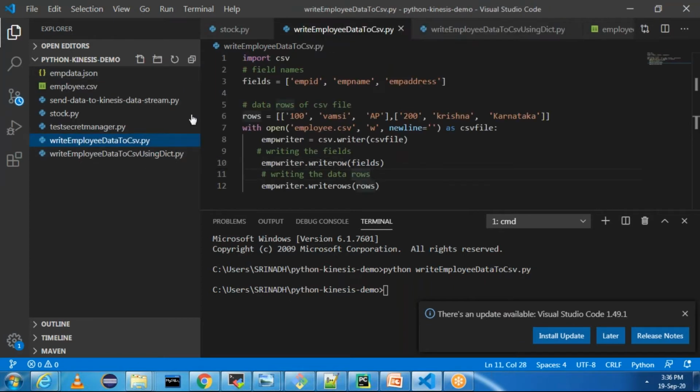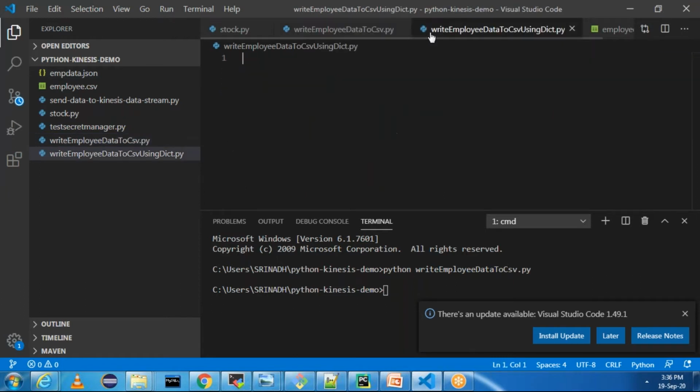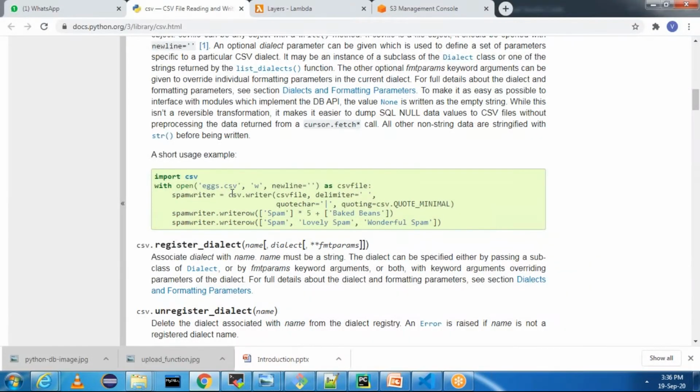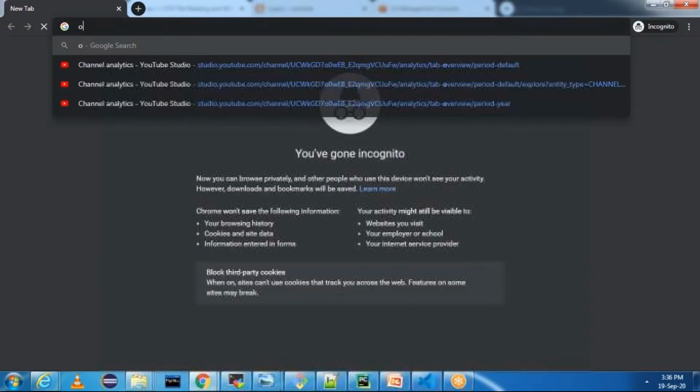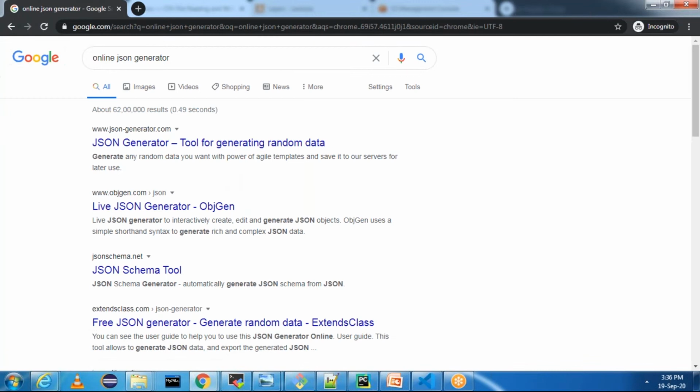Okay, this time our data will be in dictionary. Let me create the data in terms of dictionary. Copy the same snippet and change the data to be dictionary. Dictionary will be key value pairs. Let me generate the data with an online JSON generator.